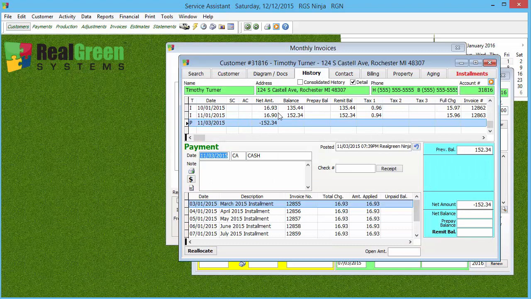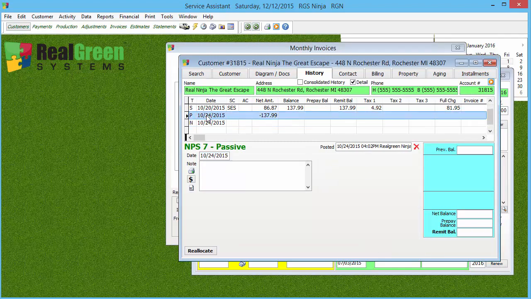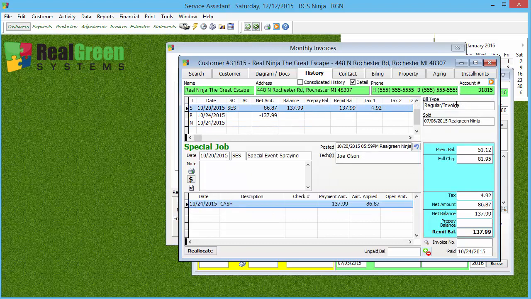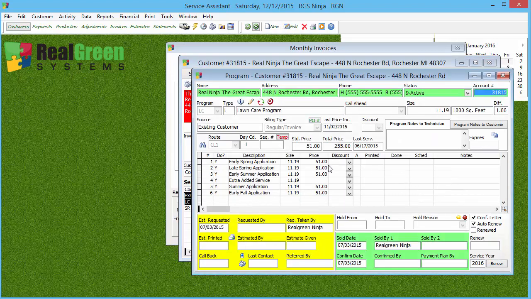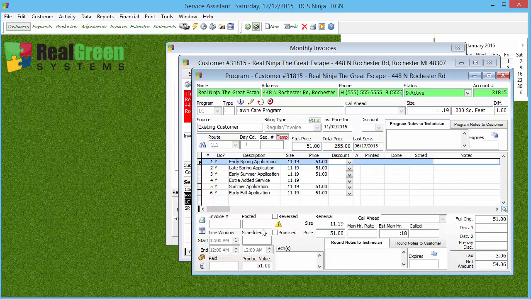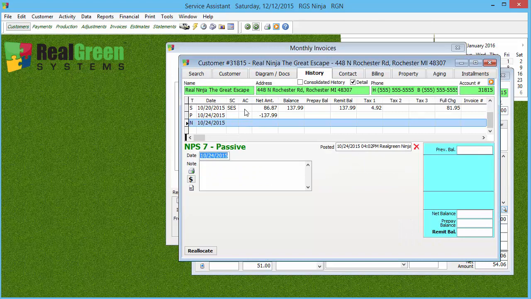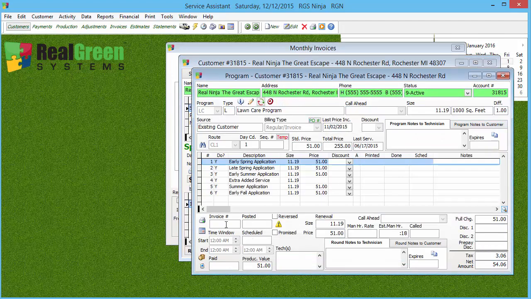So when you go into the production screen under the service, let's see here, scroll up a little bit. Oh, this is a bad example. Let me find a better one. Oh, there we go. Okay, service. This right here would be set to statement only, and when you go into the service, say for example we take a look at this, there is not yet an invoice number. Again, I do have a crash course on monthly invoices, but don't get hung up with the word monthly. I could run this every single day, and as long as a customer has something in their history tab that's set to statement only when you posted production, and does not currently have an invoice number, then it would pull up on that monthly invoice.